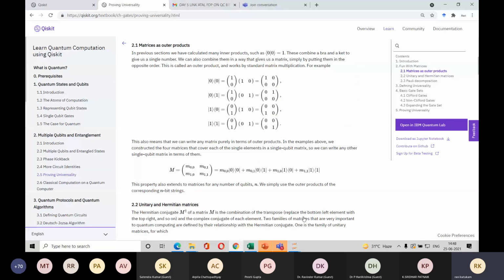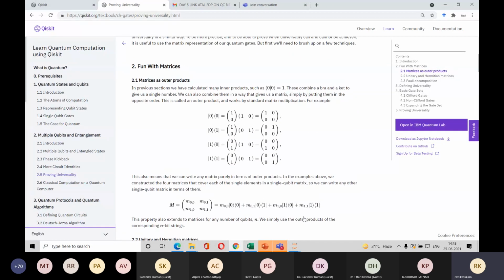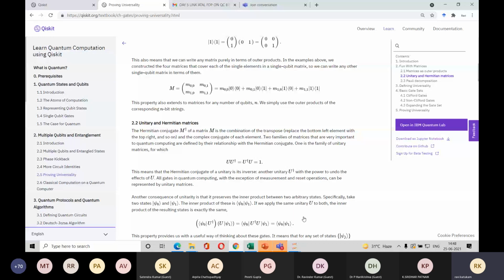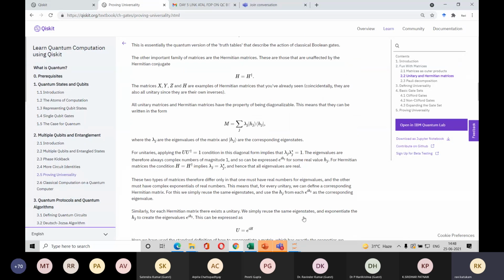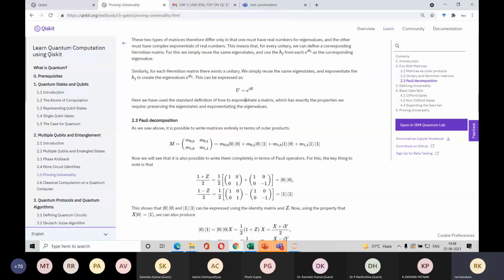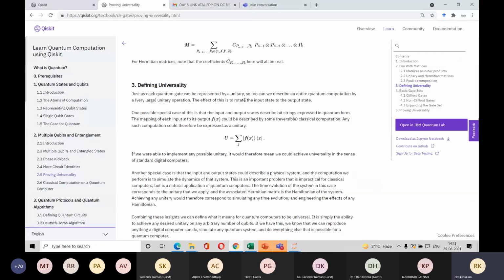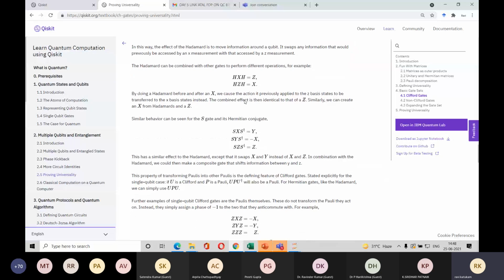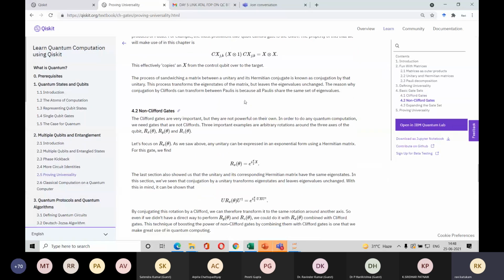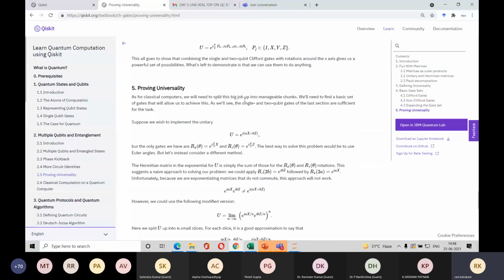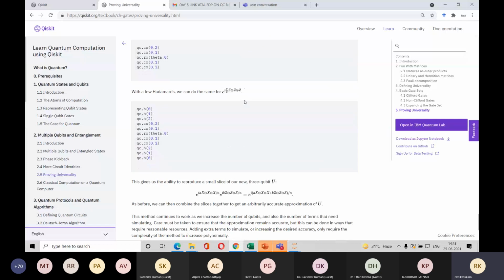It's like multiplying a conjugate, then A into A inverse kind of multiplication, then you will get a unitary. So this entire discussion of mathematics, it will prove some of the mathematics behind the qubits definition. Okay, so just go through that whenever you want to go deeper into these aspects.